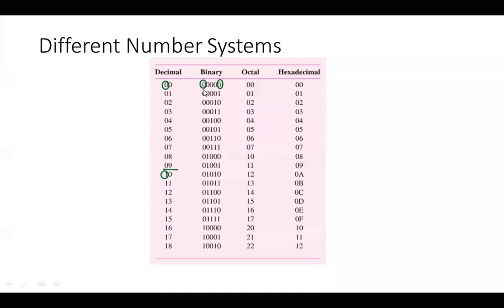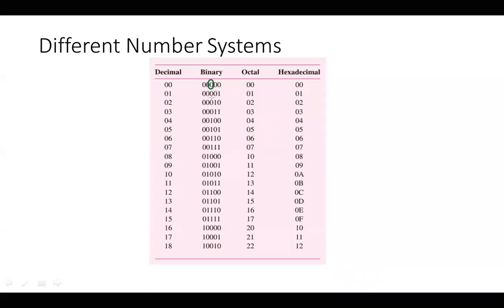Now if you take binary, the last digit will be 0, 1 because we have only one set of combinations: 0, 1, 0, 1, 0, 1, 0, 1. Again 2 zeros, 2 ones, 2 zeros, 2 ones. Then it is 4 zeros, 4 ones, 4 zeros, 4 ones. It goes on like that. Then it will be 8 zeros, 8 ones based on the bit position. Now let me take this.